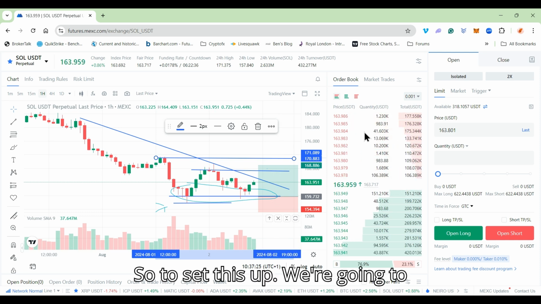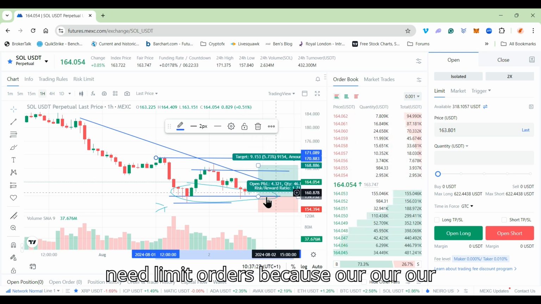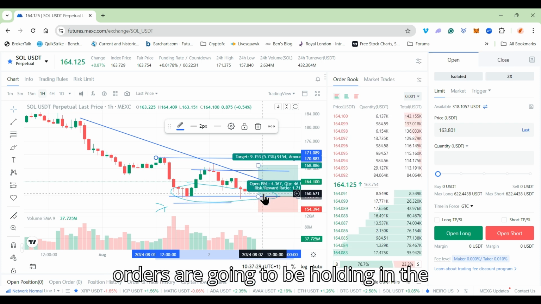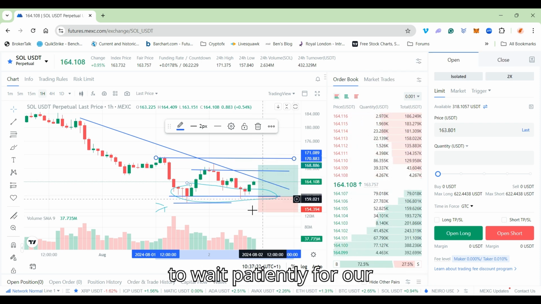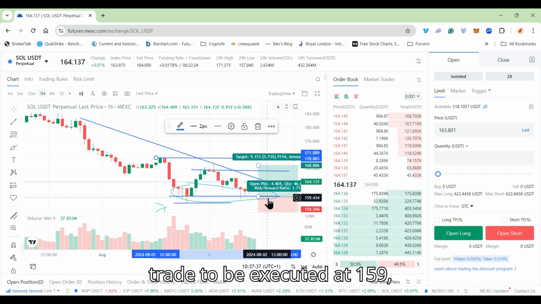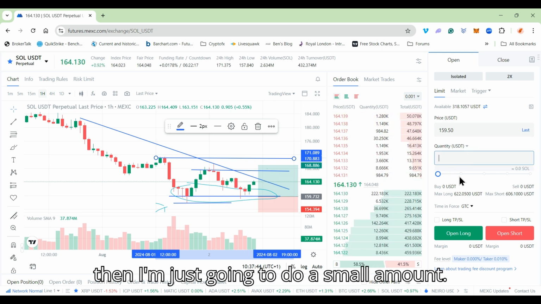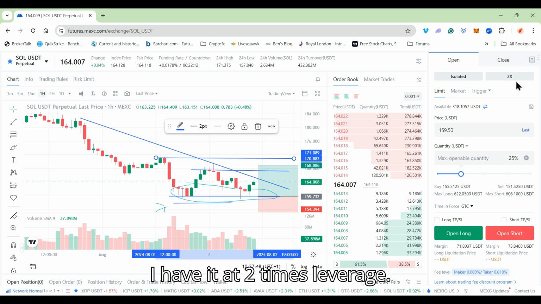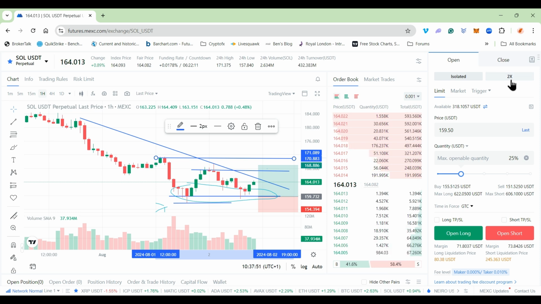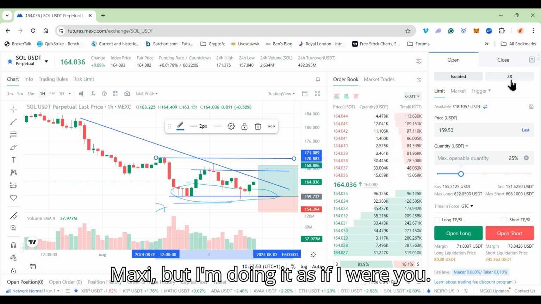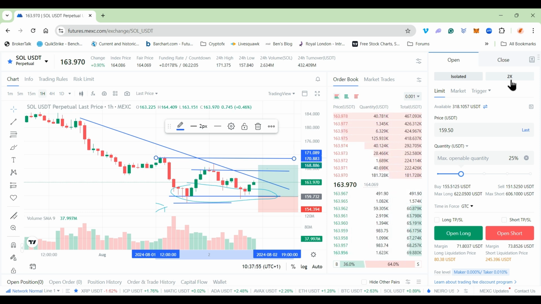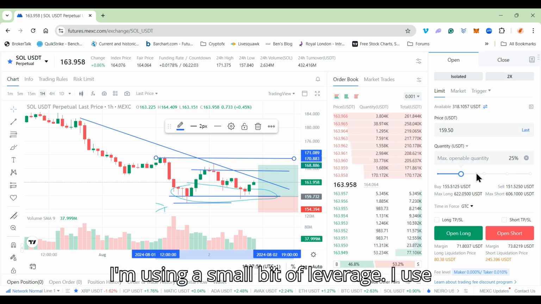So to set this up, we're going to need limit orders, because our orders are going to be holding in the market. We're going to wait patiently for our trade to be executed at 159. I'll call it 159.50. 159 spot 50. And then I'm just going to do a small amount. I have it at 2 times leverage. I've only got a small amount in this MEXC, but I'm doing it as if I were you. I'm using a small bit of leverage. I use 25% of my